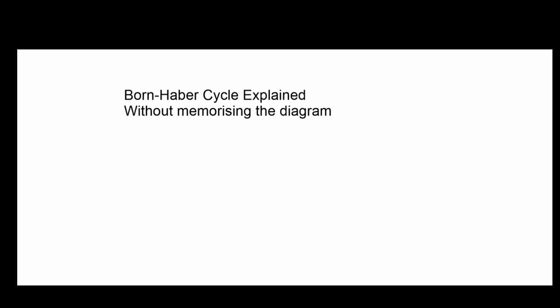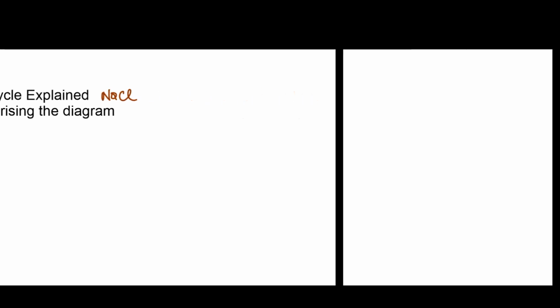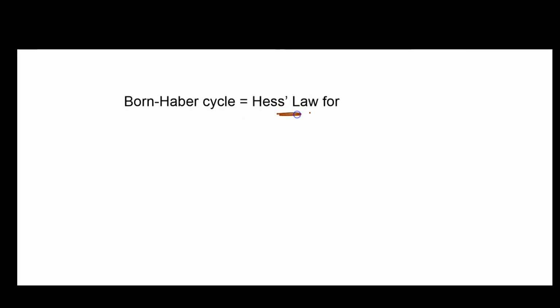Many students try to memorize the Born-Haber cycle as a fixed diagram, but it is much easier if we build it step by step. In this video, we will use sodium chloride as an example and slowly construct the enthalpy level diagram. The Born-Haber cycle is just Hess's law applied to ionic